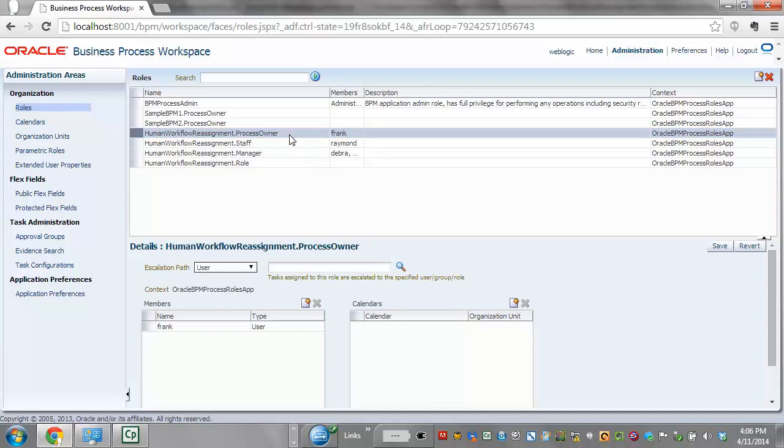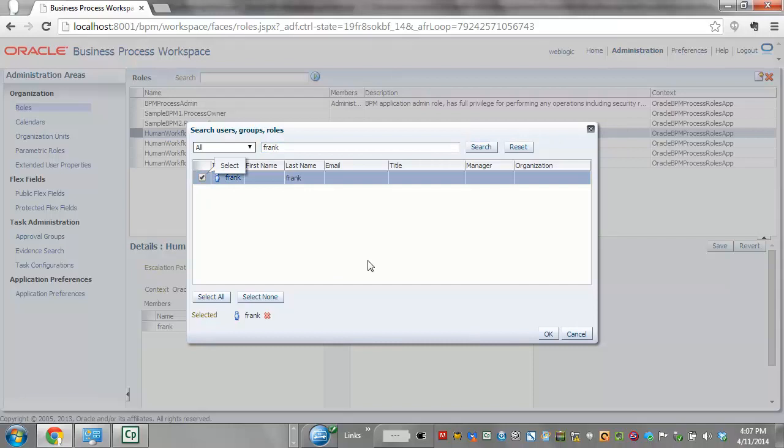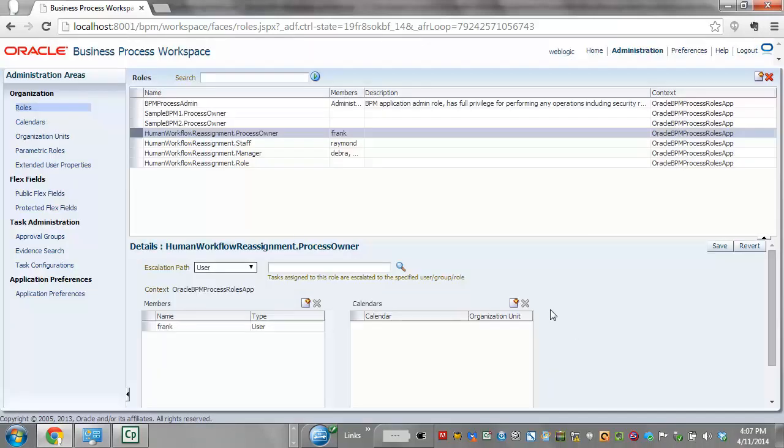Let me see how I did that. Come into this panel here, click on this, select that, come into the lower panel and go new members, and you use this, select him and click on OK. Now because I have him selected already, I'm going to cancel out of this. But that's where a user has been associated with the process owner role. Let me log out now